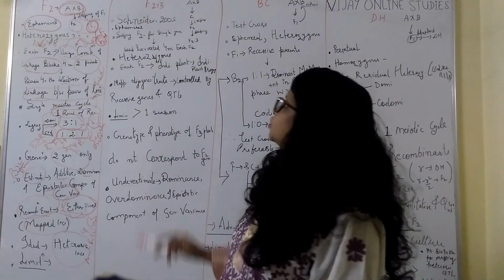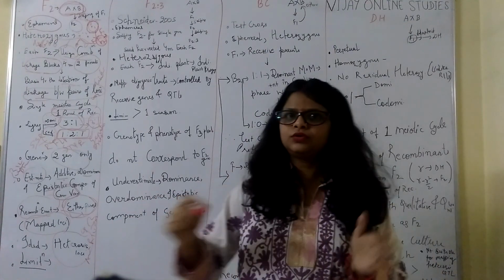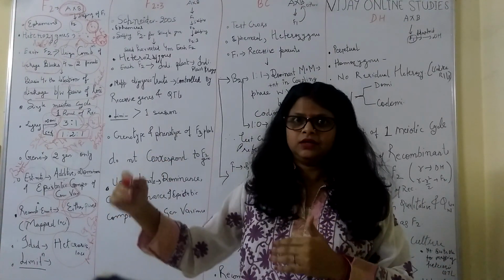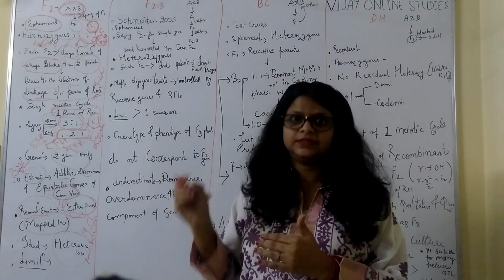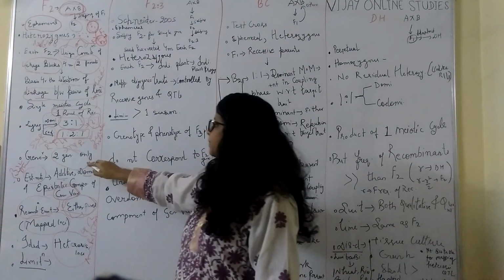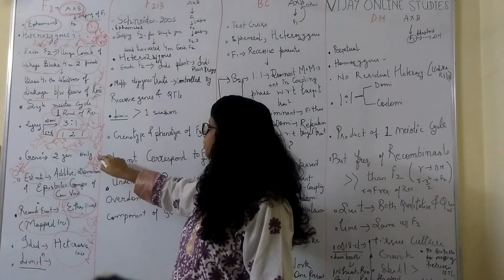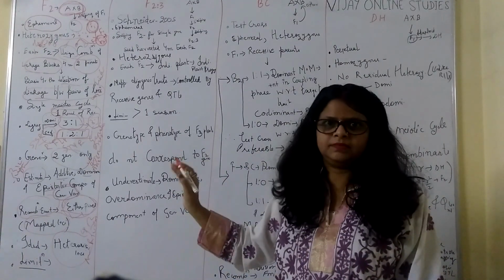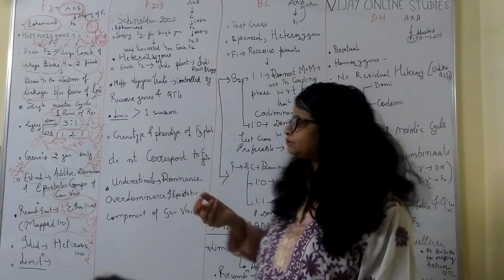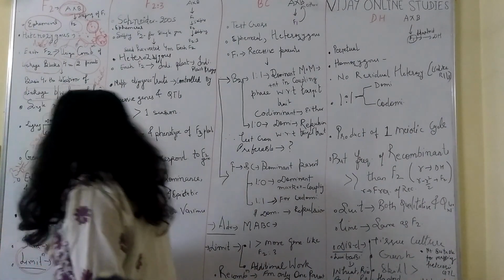And now the limitation. The limitation of this mapping population is that you cannot grow it in replicated trial. So you cannot go for precise phenotyping of quantitative traits. That's why it is not suitable for QTL mapping, for fine mapping. It is suitable for preliminary mapping and for oligogenic trait mapping. So that is its only limitation.